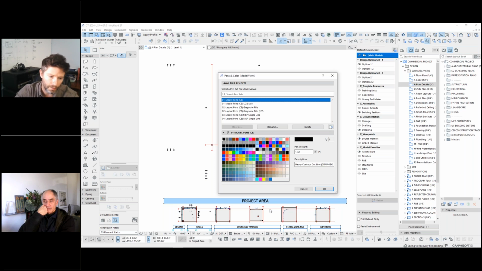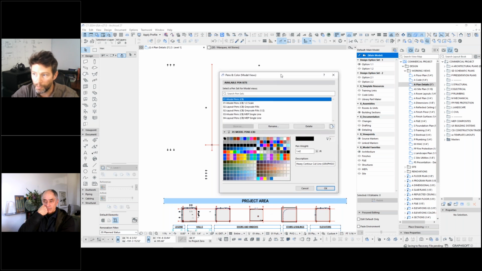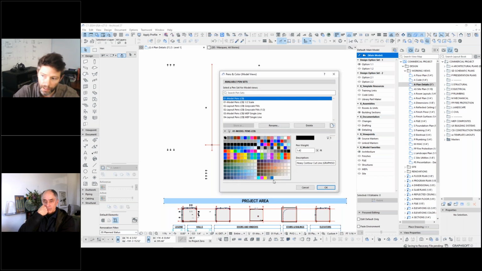But for the sake of consistency between the US and the international ContraBIM template, I've set it up with the same pen sets, because most of the pens in the template are dedicated to specific purposes. So the first 1 through 20 are very much in line with how the US is set up, but beyond that, we have dedicated pens for different sections of the template, dedicated pens for renovations,